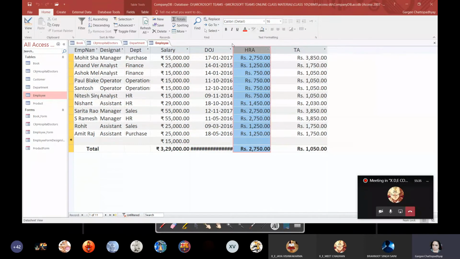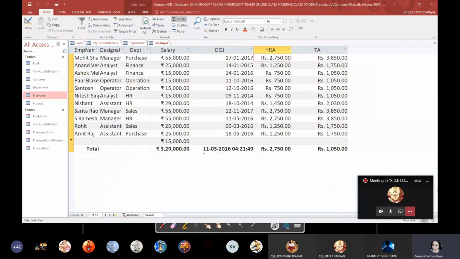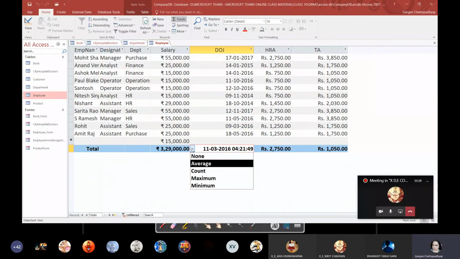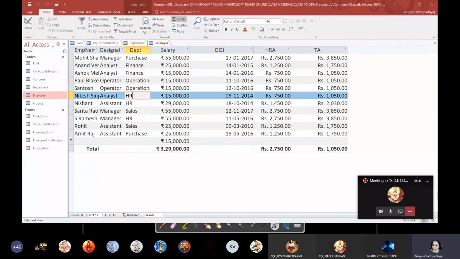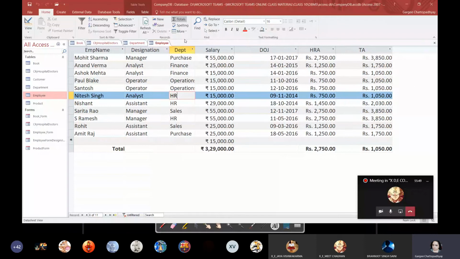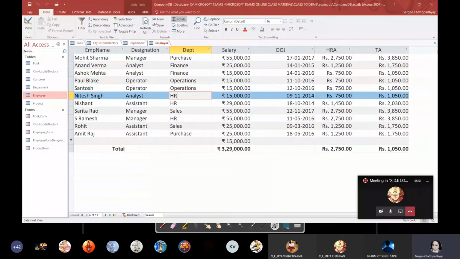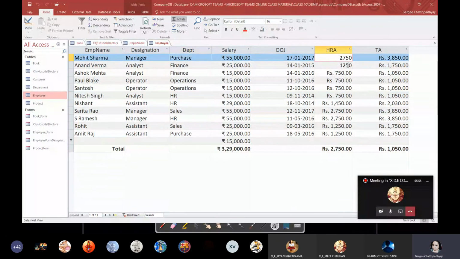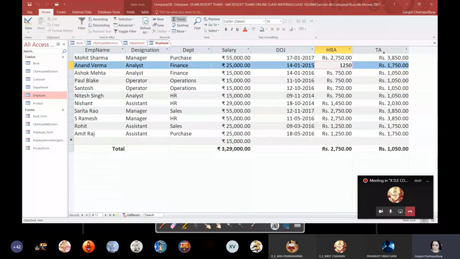I have used a total function also. The first is employee name, second is designation, then department, then salary, date of joining, then you have HRA and TA.